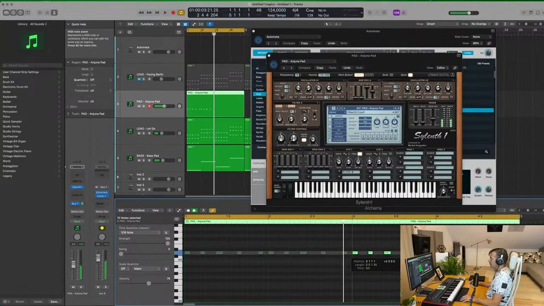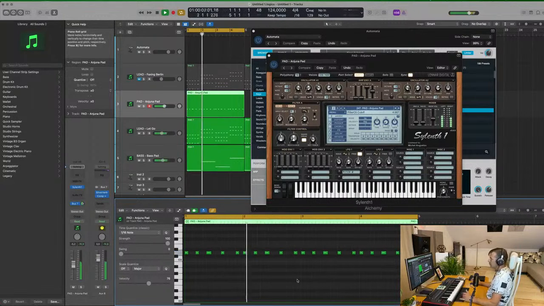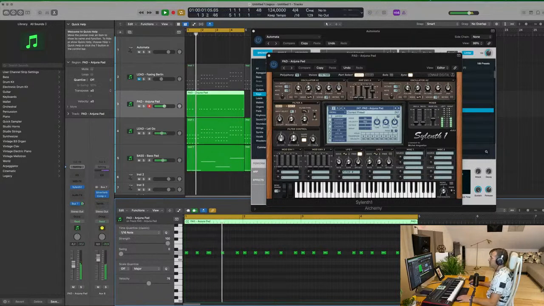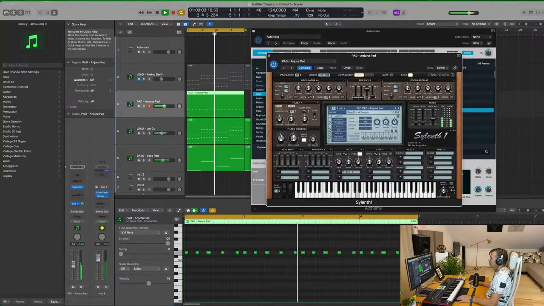I mean, we already have a key progression, different elements that are moving, so what I would like to do probably to start is to give it a little bit, but